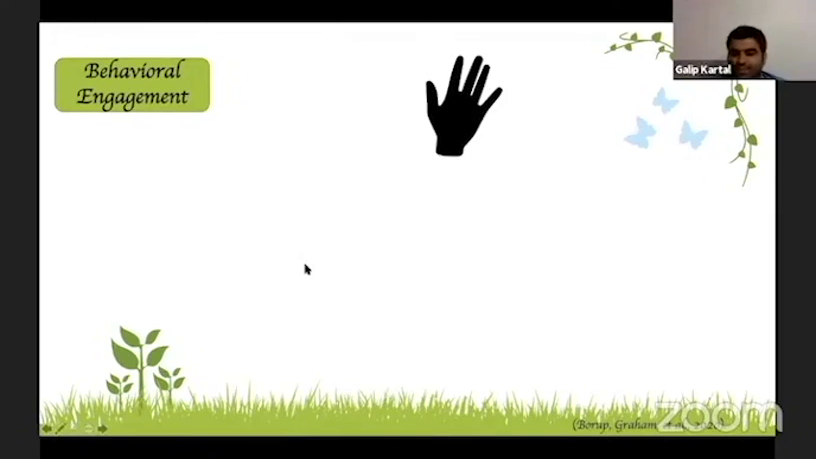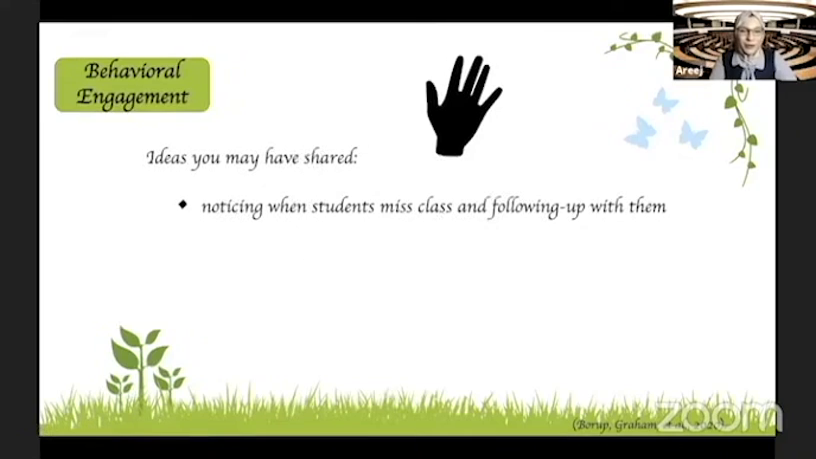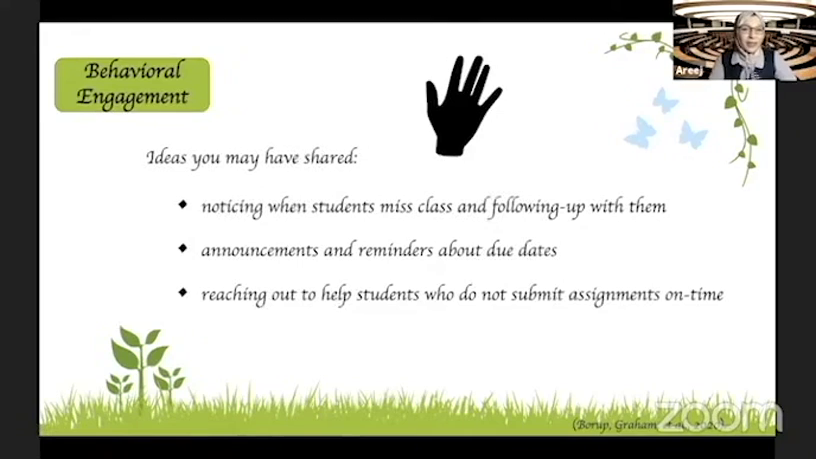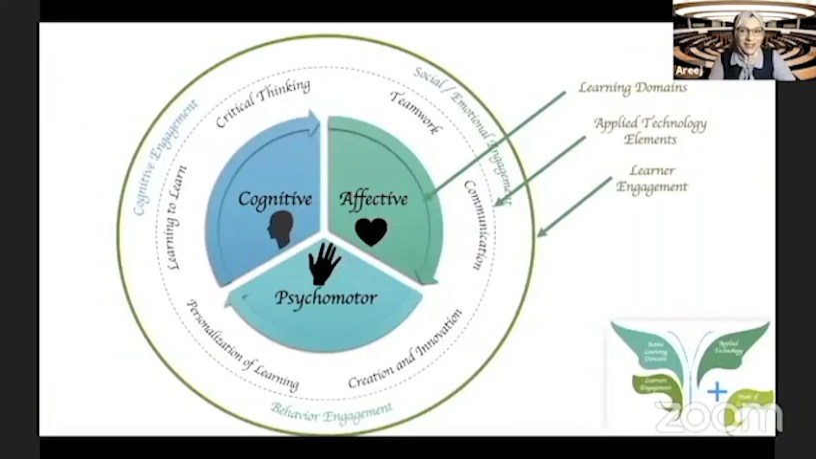So for the behavioral engagement, and this is the last part, here are ideas you may have shared: noticing when students miss class and following up with them, announcements and reminders about due dates, like having a weekly updating email or announcements, and reaching out to help students who did not submit their assignments. So just to have it quickly, this is the framework that I presented, and it can be done in different